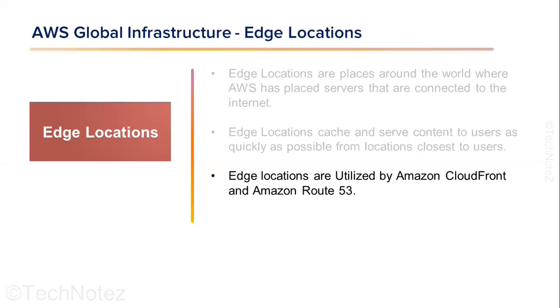Edge locations are especially beneficial for users located far away from the main location, which can help to improve the performance of websites, streaming services, and other content delivery. For example, if you wanted to create a single page application and you want to be sure that your application could be served as quickly as possible to all the users across the globe, and then let's say you have a user in South Africa or from another part of the world where AWS doesn't have its region. Well, you could make sure that your application could be served from the edge location in South Africa via Amazon CloudFront instead of making the users go to wherever the next closest AWS region would be. So AWS edge location actually increases the performance of the application for the user.